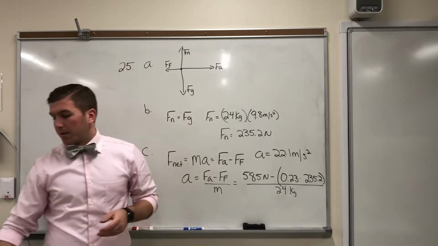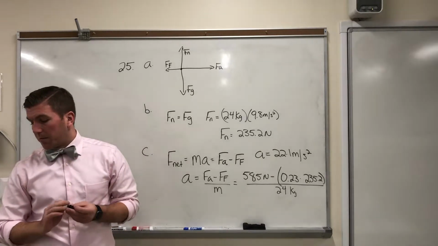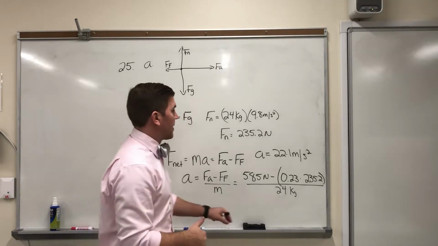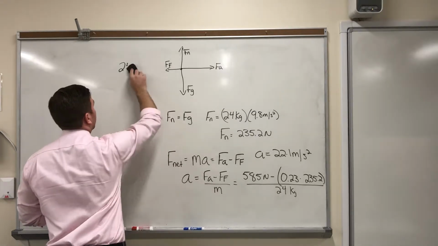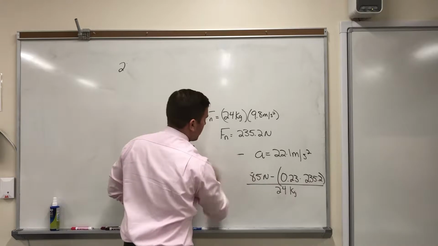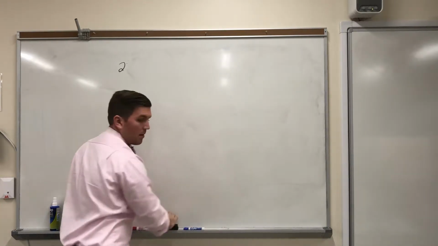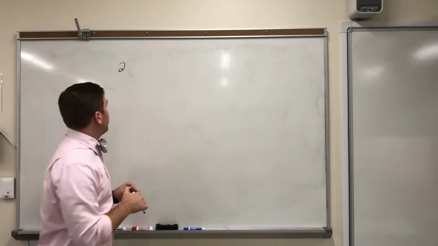Number 26 was an extremely similar problem. It was basically the same thing. Instead of being pulled, it was pushed, but it's still along the horizontal axis, so you can solve it exactly the same way. So I'm going to skip number 26 and move straight to 27. Number 27, the difference was that we're pulling at, I believe, at an angle this time, and we are. So 27